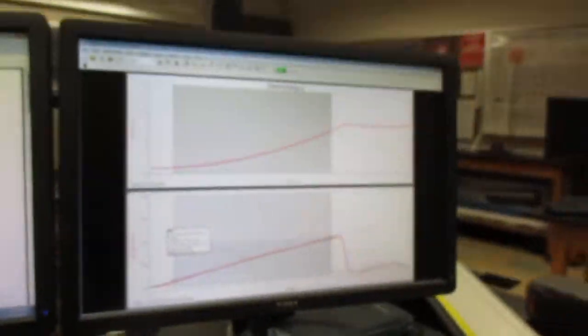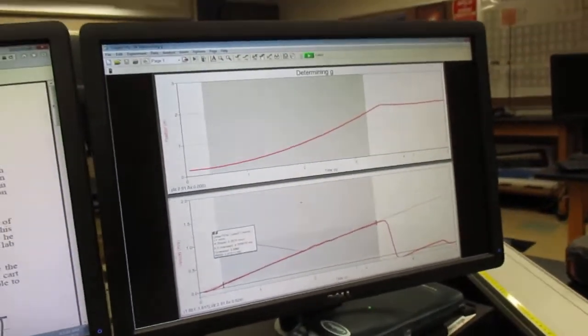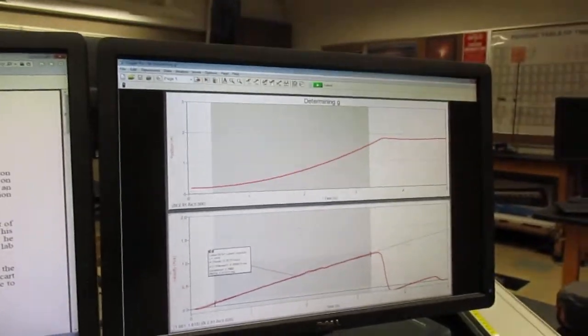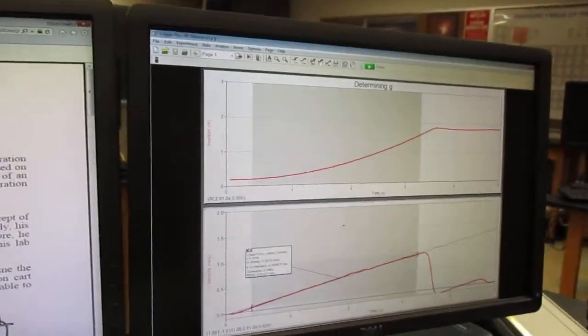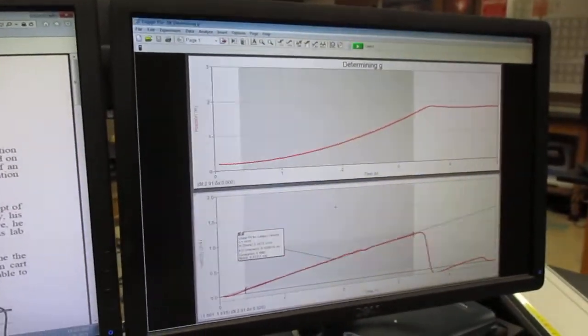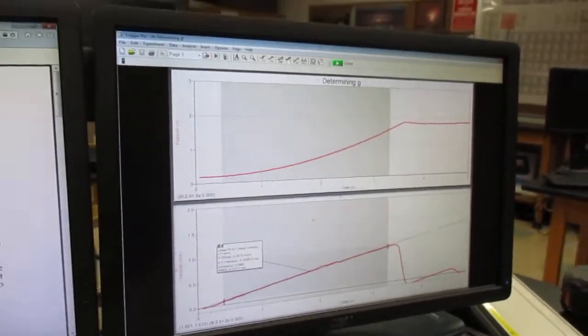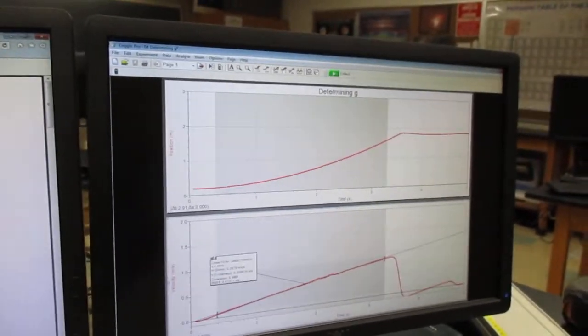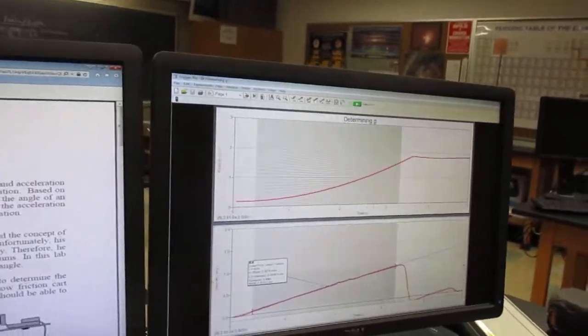That's considerably less than our 9.8, 9.81 meters per second squared. Okay, so that's how we collect the data. And we're going to do multiple trials at multiple heights, and you'll see that on the data that's provided. Okay, so once we collect all of our data,